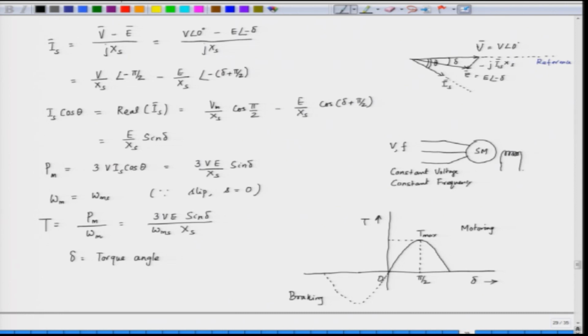Now, let us see that we have an advantage, that we have a field winding here. The field is excited separately by means of a DC source. So, we have Vf and we excite this by means of a DC source to produce a DC flux. Now, we can operate a synchronous motor under various power factors. Induction motor always operates under lagging power factor. However, in a synchronous motor, by controlling the field current, we can operate it in various power factors. It could be lagging, it could be unity power factor, also it could be leading power factor.